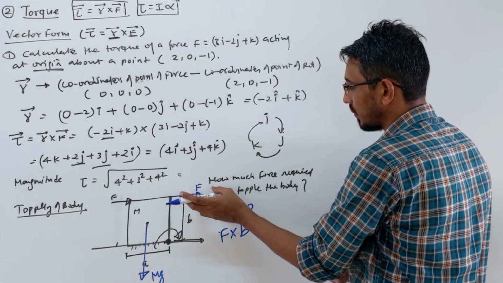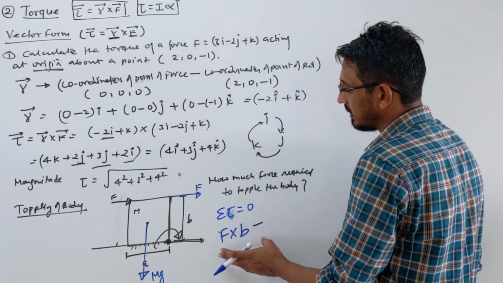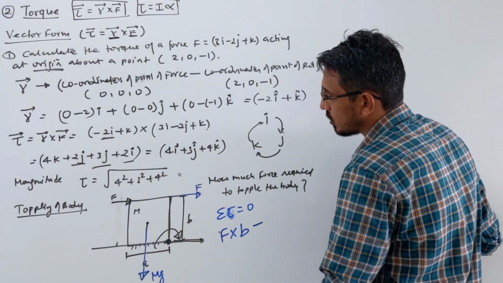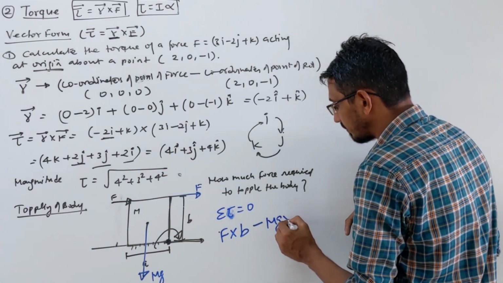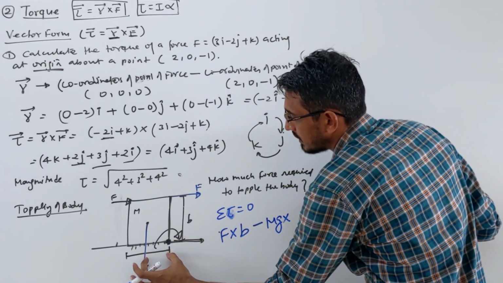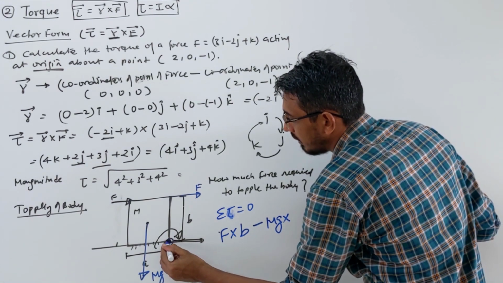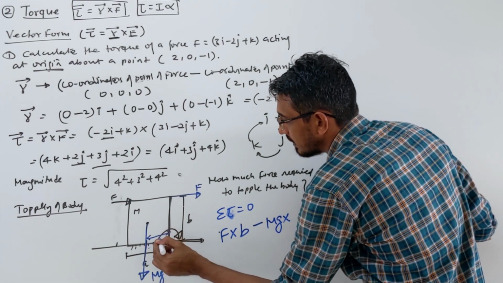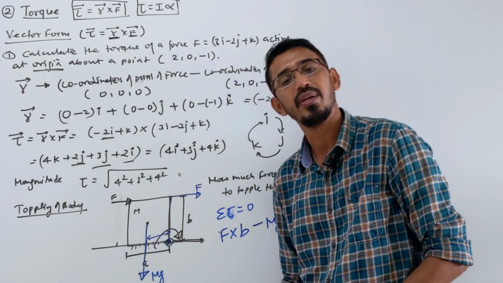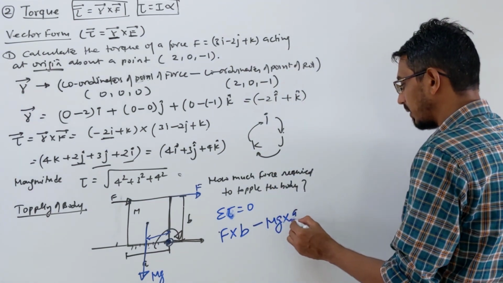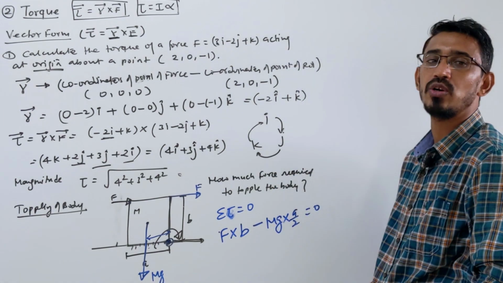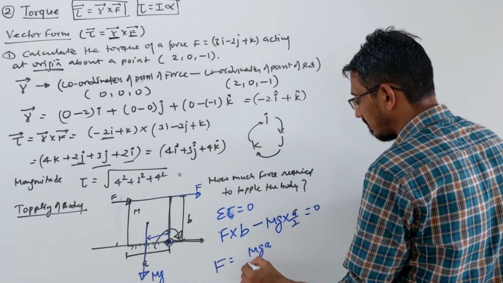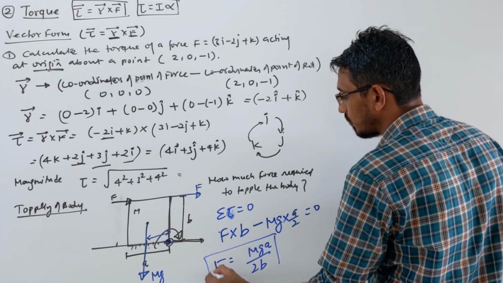So this is the torque due to the external force which you are applying, and the other torque is due to the weight, correct? The weight is opposing your rotation, right? So how much torque? The force is mg into the perpendicular distance. This is the point where we are rotating the body, so that is the distance. This is the line of force, and that is called your perpendicular distance. That much distance is simply half of your A. So write mg times A by 2, and net torque we want to make 0. So your F comes out simply as mgA by 2b.